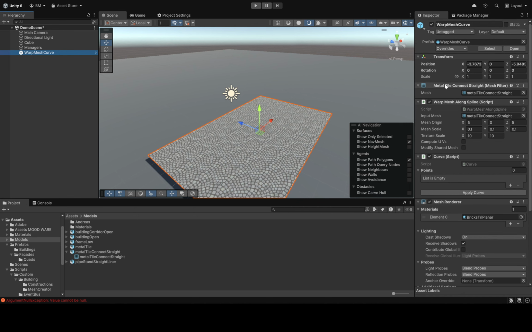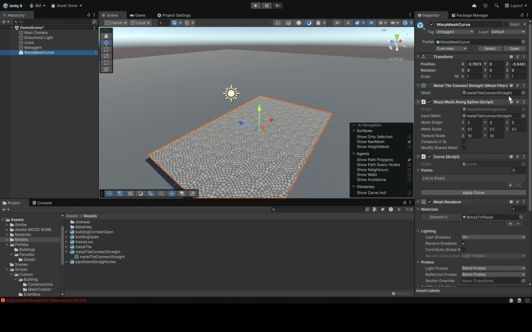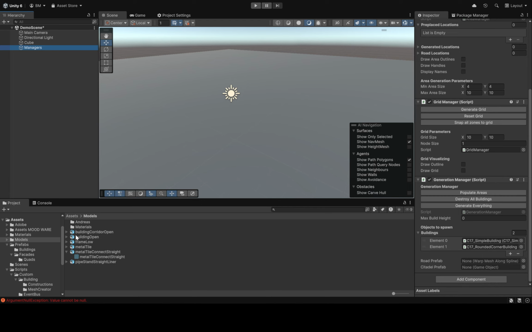The important bit is this. This is the main script that does all of the magic. Make sure that it has a curve, a mesh renderer, a mesh filter, and the auto UV script. And make sure that you use some model that vaguely looks like a rope. So just have that prefabbed and ready to go. Because once you have that, you can drag that